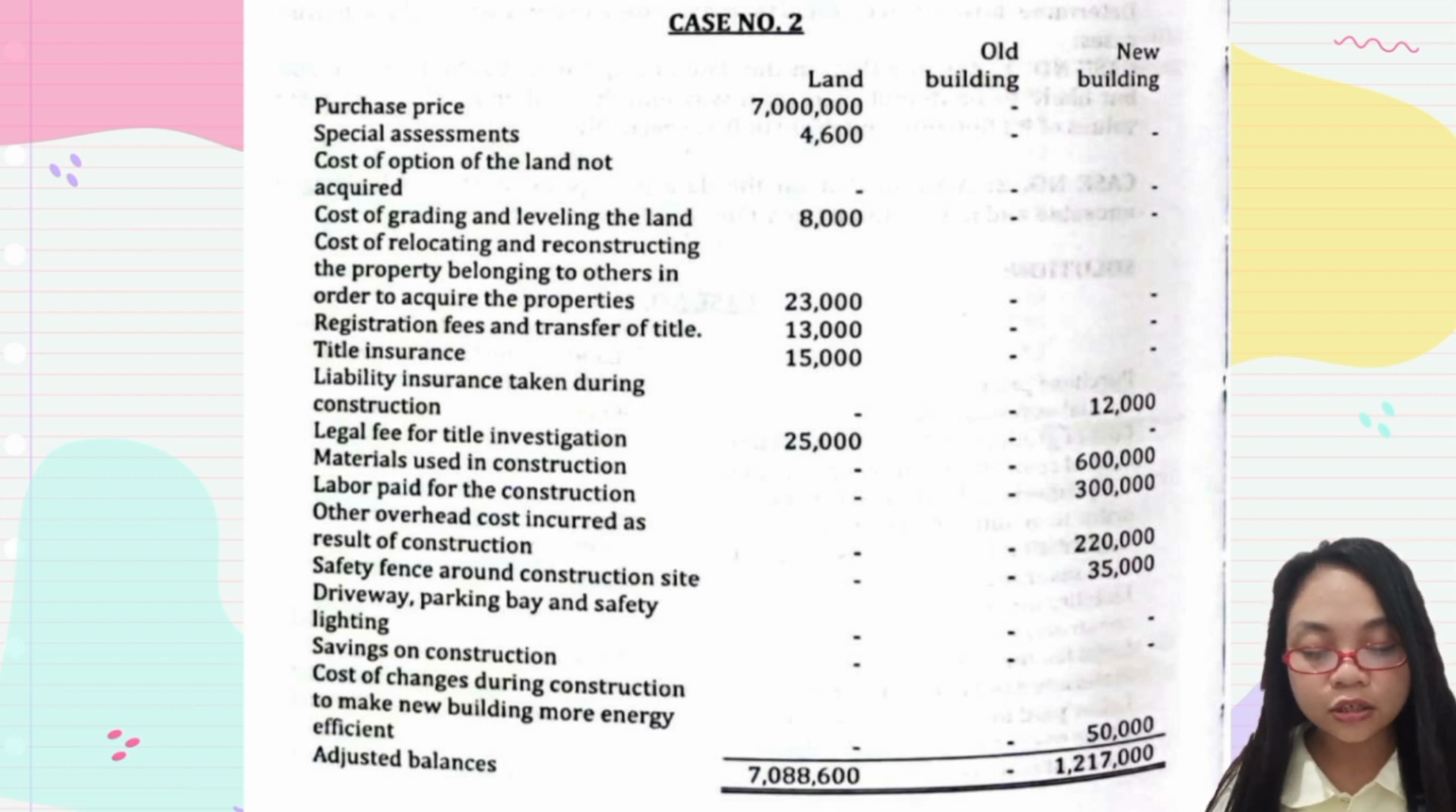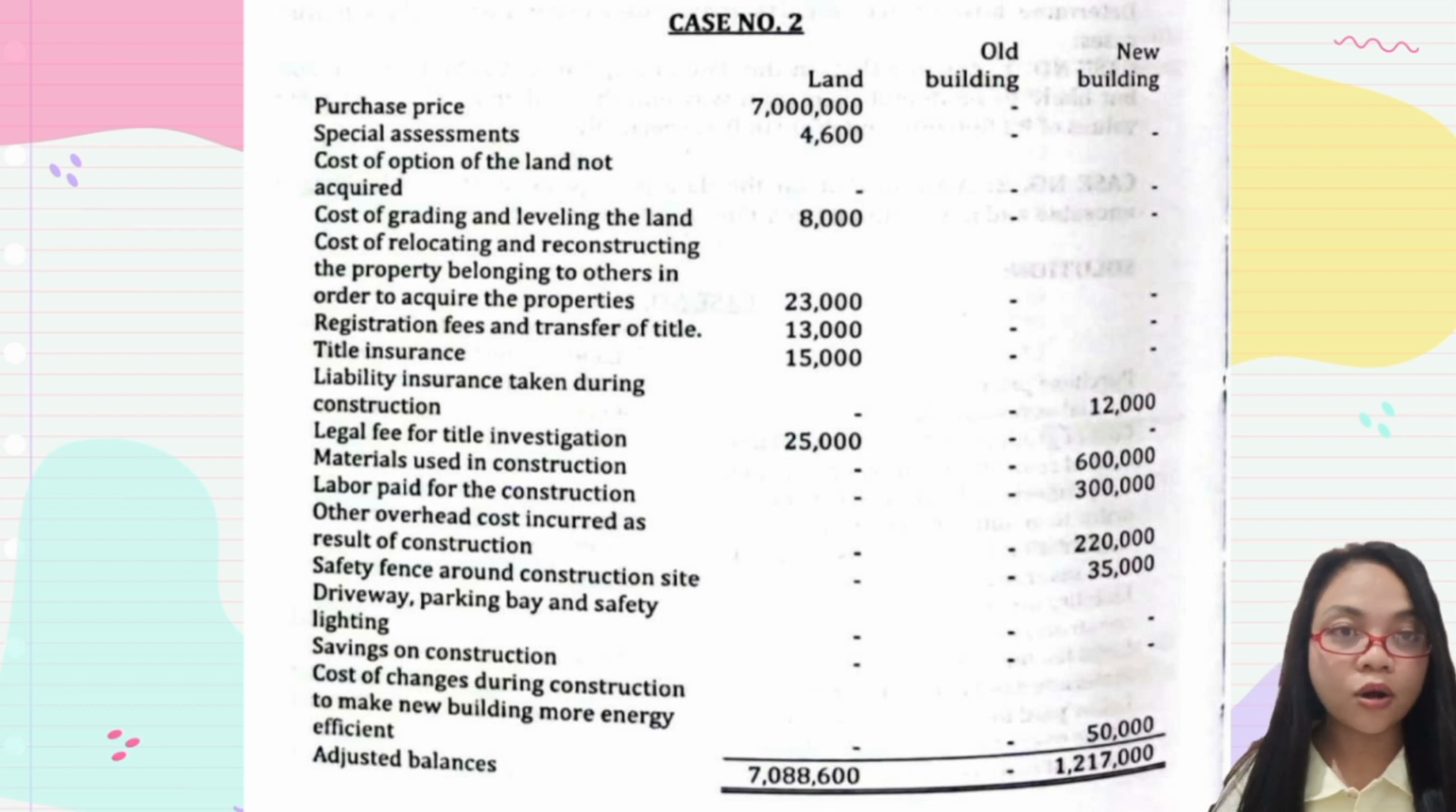And cost of changes during construction to make the new building more energy efficient is 50,000. All of these are part of the construction process, so they should be capitalized as part of the cost of the new building. So, the total cost or the adjusted balance of land is 7,088,600, and for the new building